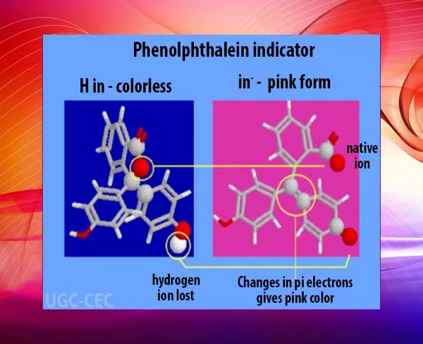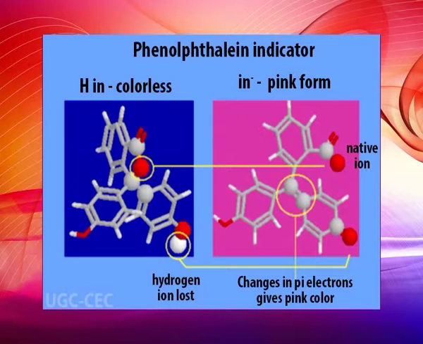The carbon atom at the center, adjacent to the yellow circled red oxygen atom, doesn't have a p orbital available for pi bonding, and it confines the pi electrons to the rings. The molecule absorbs in the ultraviolet, and this form of phenolphthalein is thus colorless. However, in basic solution, the molecule loses one hydrogen ion.